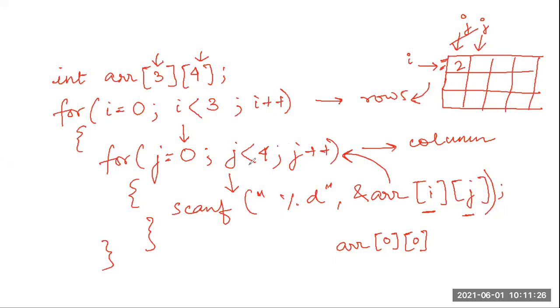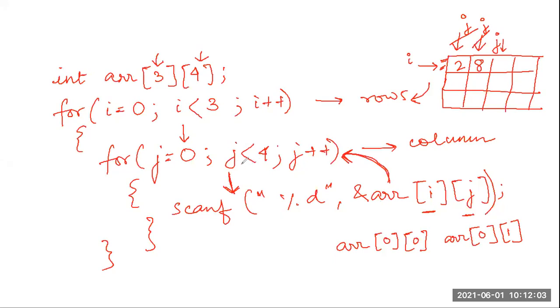Yes, it is true. If it is true, again we enter into this loop: scanf and put whatever element the user is inputting into the array location ij. My i is at 0 only. My j has changed. So at the location 0,1, I am inputting something. Let me say I am inputting the value 8. Now this will be saved in this. Again, I am going back from here to the loop, j plus plus. Now j will point over here.